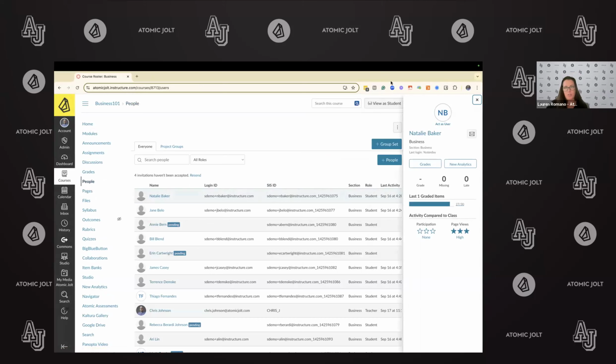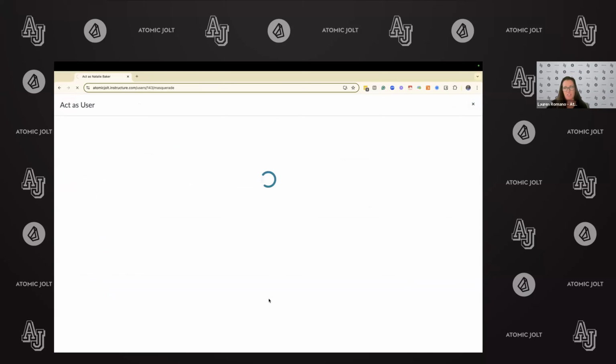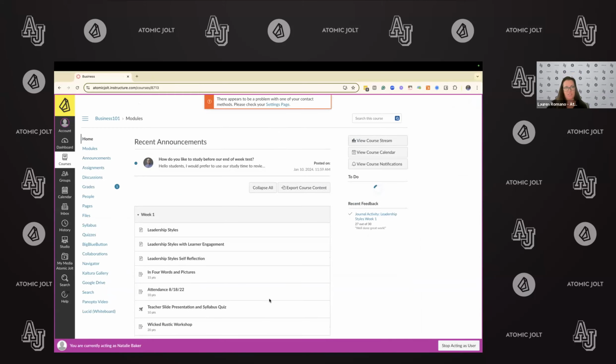And Chris, I do have another question. Sure. Can the discussions collapse on the page if a student wanted to only view the text? So if they're not wanting to see the learning content outside of the discussion. That's a good question. I don't know how you would do that, but we can certainly follow up with that. Okay.